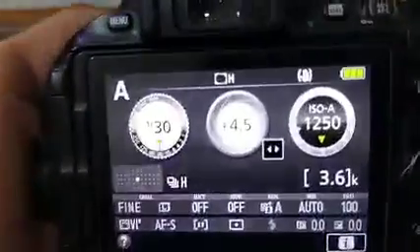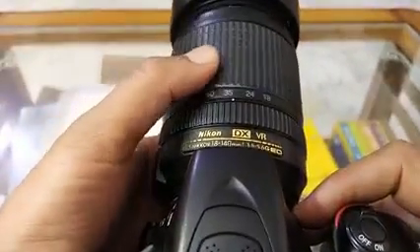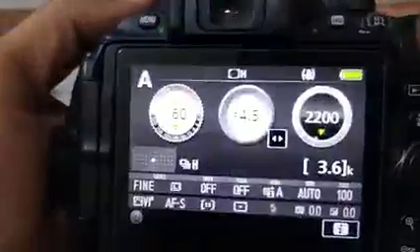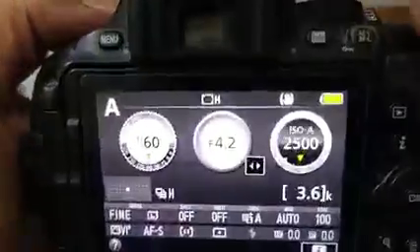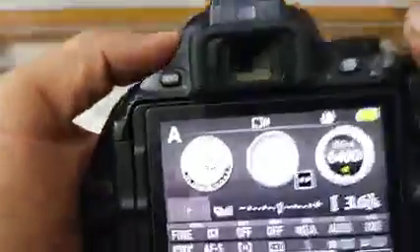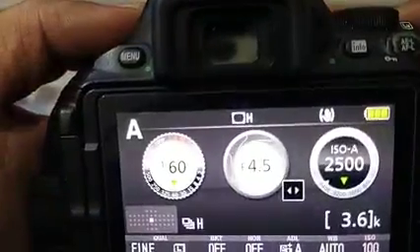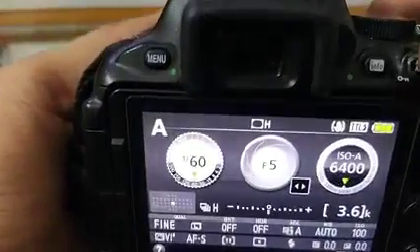This should give you an optimal, sharp photograph at f4.5 and ISO 1250. Whereas if I increase the value to, let's say, 35 mm, which is good for portrait, you can see already it is not going below 4.2, because the lens is not supporting it. So ideally what I'll do, I'll simply increase by one. So 4.2, we'll go to 4.5, 5. So 5 should be the value for 35 mm, f5, depending on the lights that I have,